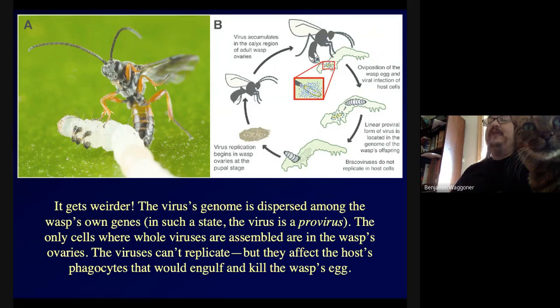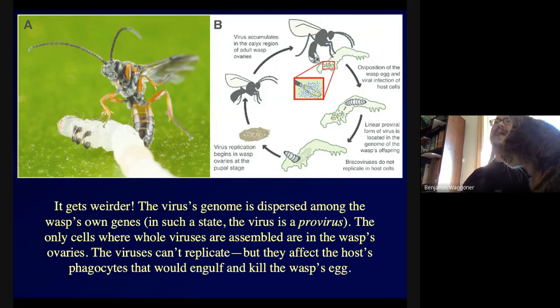The wasp injects those viruses into the host. The viruses don't actually infect the host. The viruses don't penetrate host cells and start duplicating themselves to make new viruses. The viruses do, I'm not entirely sure how, affect the host's ability to phagocytose. The host equivalent of white blood cells would normally engulf the wasp's egg and kill it, but the virus blocks them from doing so. The virus has a bunch of genes for virulence factors, even though the virus can't replicate